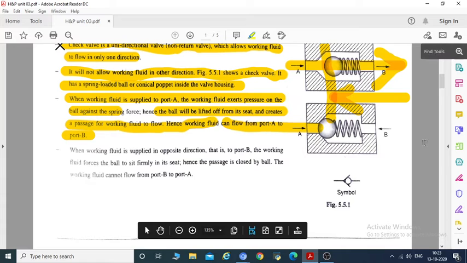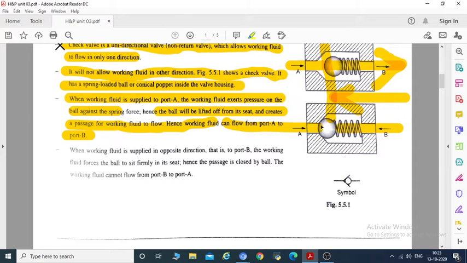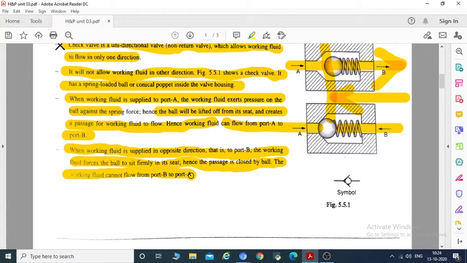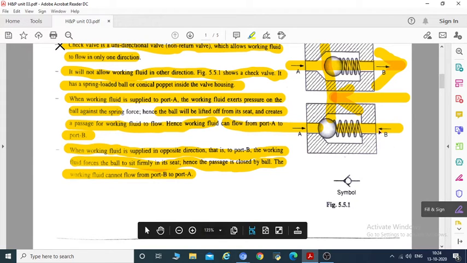Similarly, in the return direction, when the working fluid comes through direction B, the spring expands and forces the ball onto the seat, which restricts the entry of fluid from port B to port A. Here it is written, when the working fluid is supplied in the opposite direction, that is to port B, the working fluid forces the ball to sit firmly in the seat, hence the passage is closed by the ball and the working fluid cannot flow from port B to port A. What happens if the fluid comes from port B?